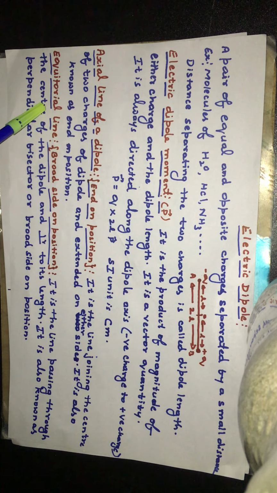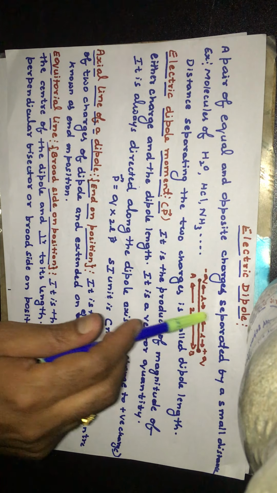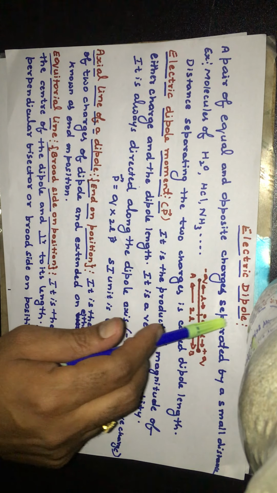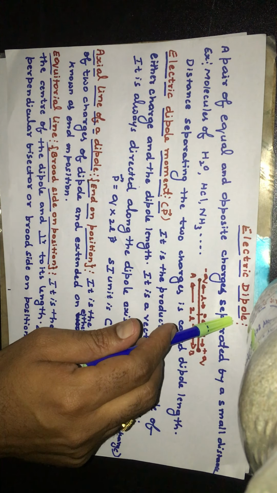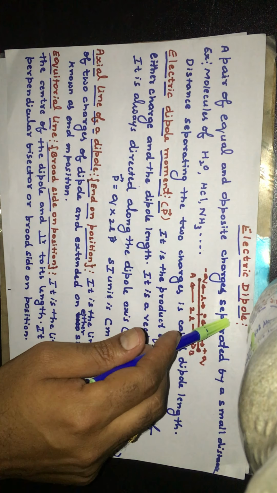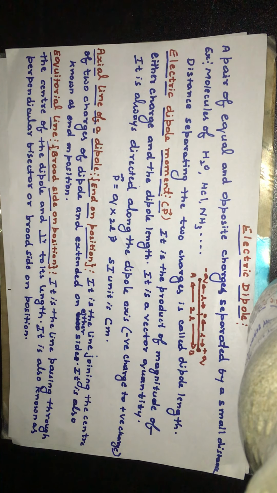The next case we will discuss is the equatorial line, also called the broadside-on position or perpendicular bisector. The equatorial line is the line which passes through the center of the axis of the dipole, perpendicular to the axis. So, you have a line passing through the center O perpendicular to the axis. If you consider a point along that line, then the line joining the center of the dipole to the reference point is the equatorial line, also called the broadside-on position.